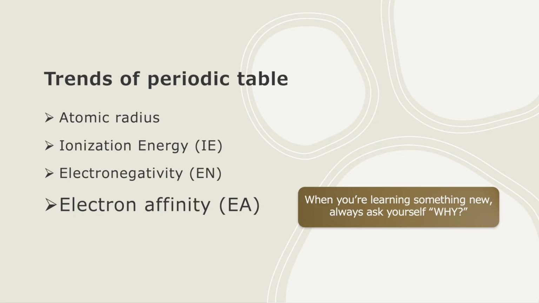Okay, now down a group from top to bottom, it becomes less negative, so less energy is released as you move down a group. So why is that? As you move down a group, the atomic size increases, so the added electron is farther from the nucleus, so the attraction between the electron and nucleus is weaker. We also have more electron shielding from inner shells, which also reduces the nucleus' ability to attract the incoming electron, making the process less exothermic. Okay,